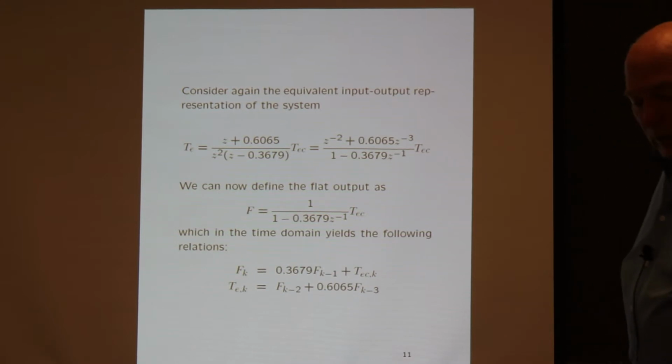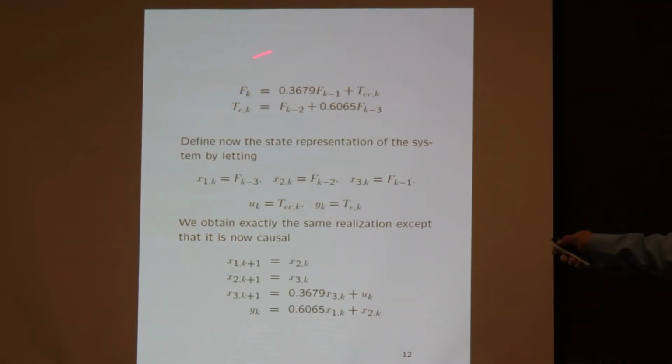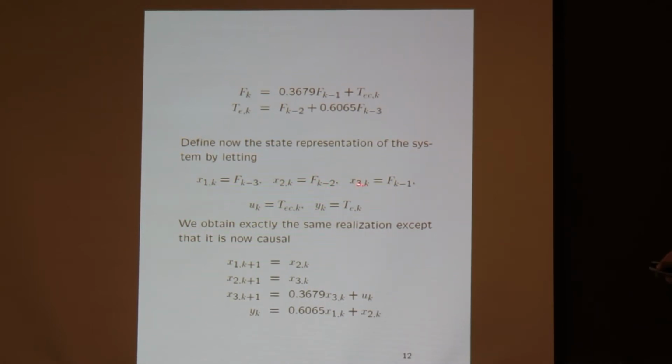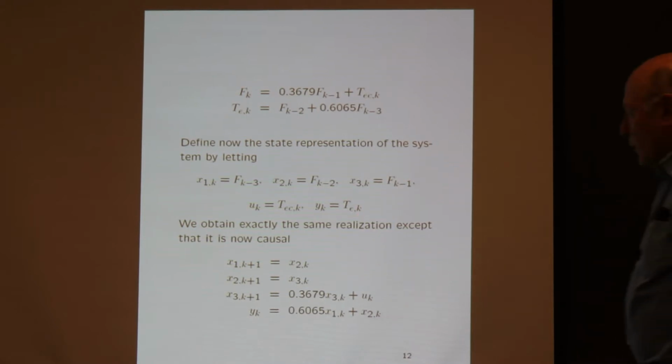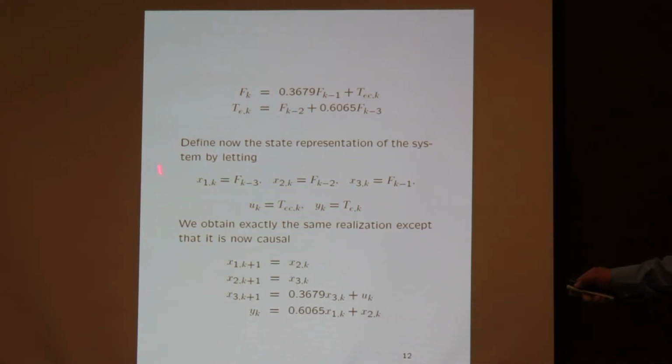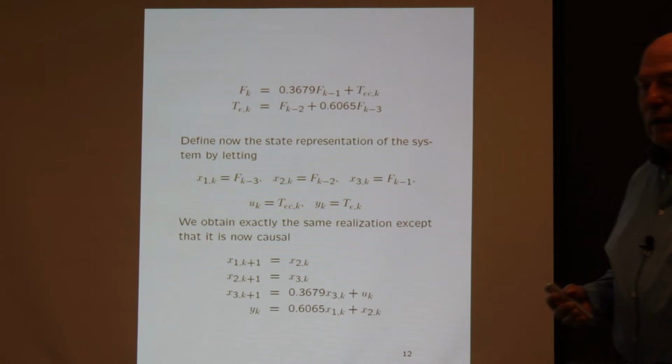But now we can redefine the state space representation of those relations by defining the first state as the most backward shifted value of the flat output, and the second state as an advance of that, or a forward shift of the previous one, and a forward shift of this will define the third state, and the control and the output will be defined in the same manner as before. So when you do this, you get exactly the same state representation. It's not different. It's exactly the same that you had before in the non-causal way, but now